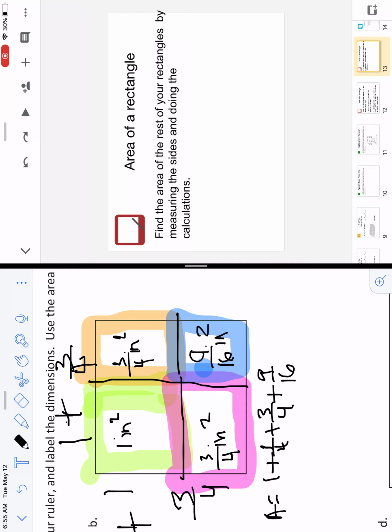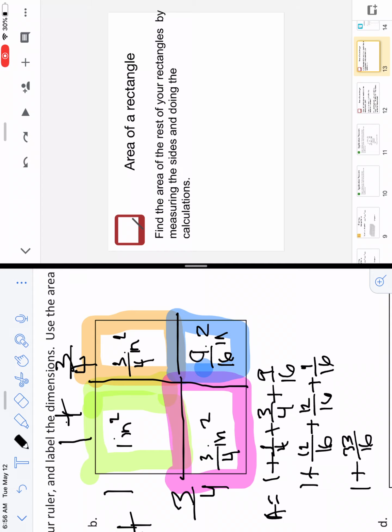Or you can just turn them all into sixteenths because 4 goes into 16 and they don't all have the same common denominator. So we have 1 plus, to turn them into sixteenths, the denominator is multiplied by 4, so the numerator has to be multiplied by 4. So this is 12 sixteenths plus 12 sixteenths plus 9 sixteenths. So when you add all those together, we have 1 plus 33 sixteenths,